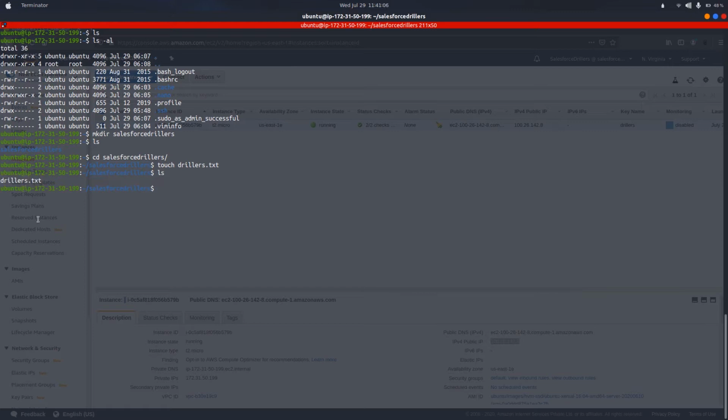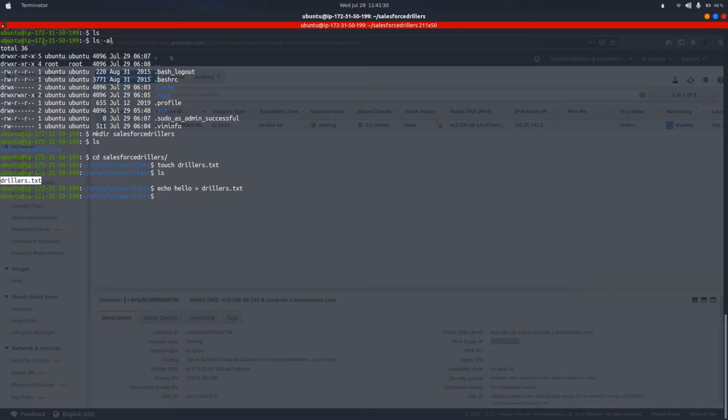Now let us try to enter some text into this text file. There are various ways. You can use any editor and you can use the echo command too. For example, let us do it first with echo. So this says echo, then some text like hello, then we will put the redirection operator, then the file name.